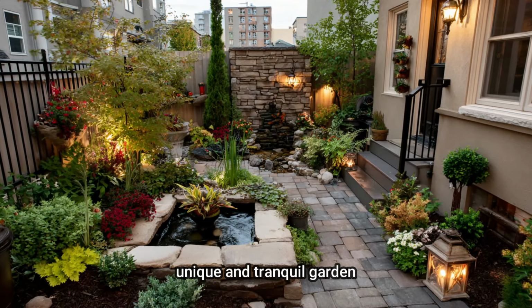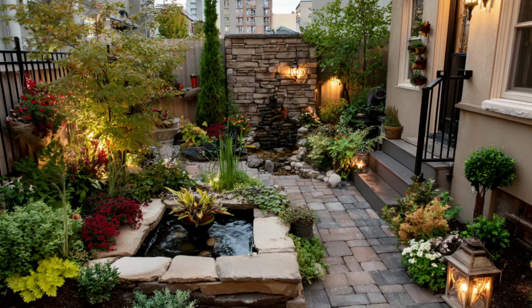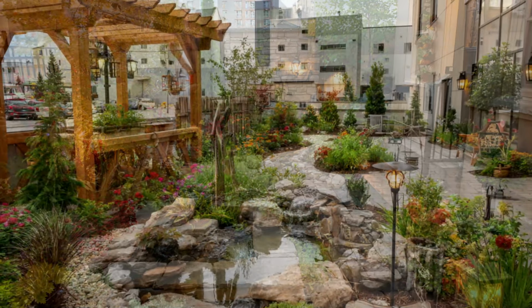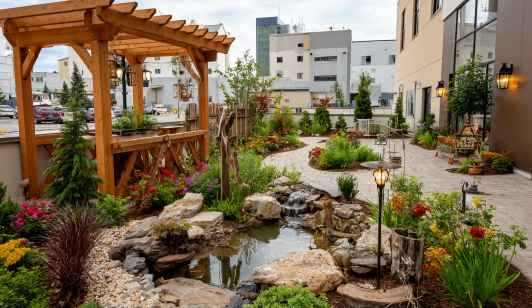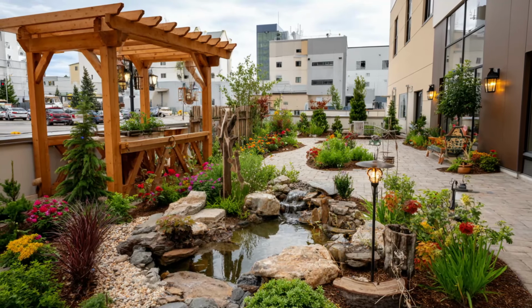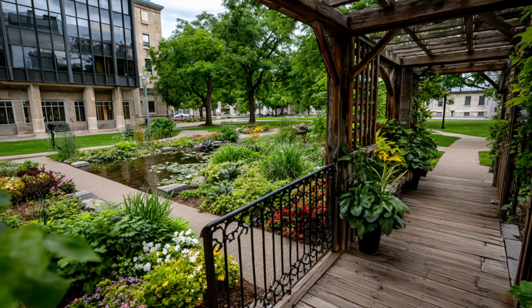Your garden is more than just an outdoor space, it's a canvas for creativity, an extension of your home, and a retreat from the busyness of everyday life. By incorporating these 4 must-try garden design elements, architectural structures, layered planting, water features, and artistic accents, alongside bonus ideas